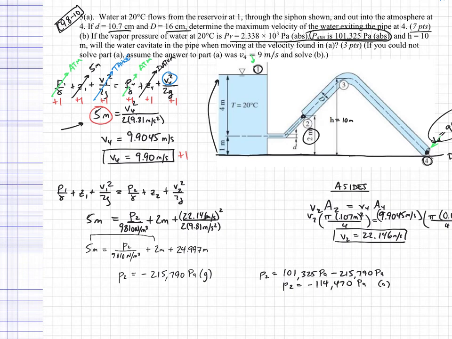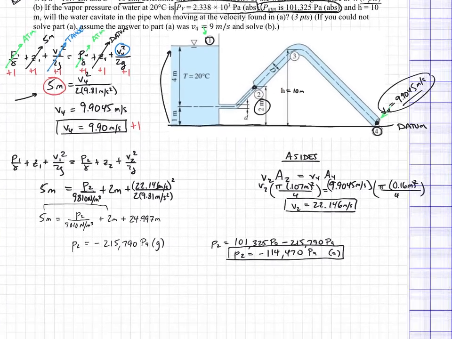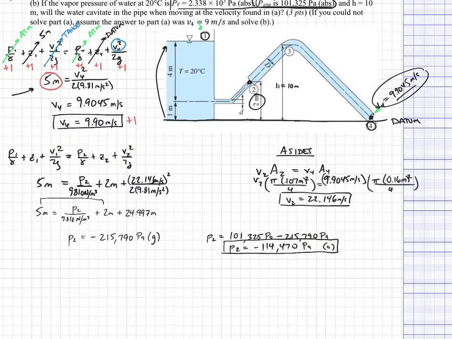Okay, it's impossible to have a negative velocity in the absolute sense. So this is certainly below the vapor pressure, so it will certainly vaporize. And in fact, this is impossible. This is fundamentally, you can't even get this. You can't even go this low, right? Because you can't go below 0. So this will cavitate